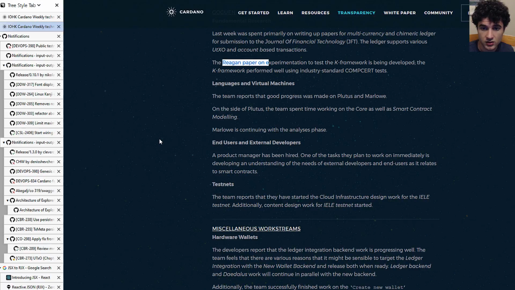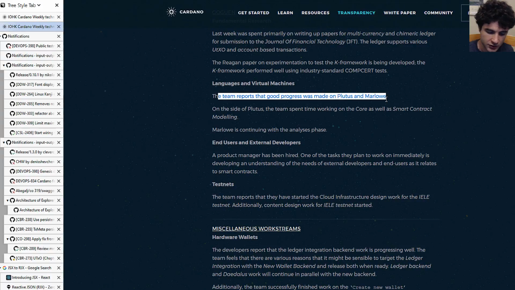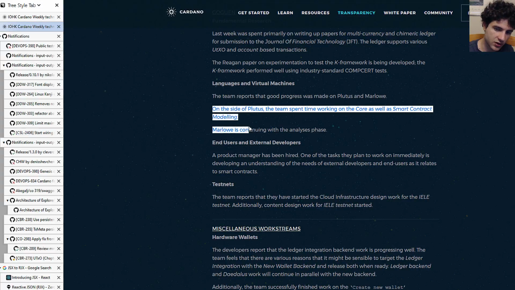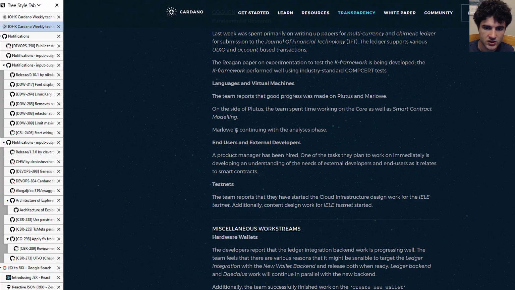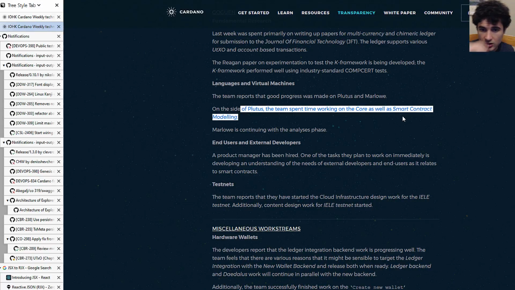We're talking about Plutus and Marlowe, which, if you don't know, are both smart contract programming languages that they've been working on for a while. I think both these projects are kind of far from completion, which is why they're saying Marlowe's in the analysis phase. They've got a demo you can go play with. And for Plutus, they're saying that they're working on core as well as smart contract modeling. I'm not exactly sure what they mean by this, but it may just mean they're working on